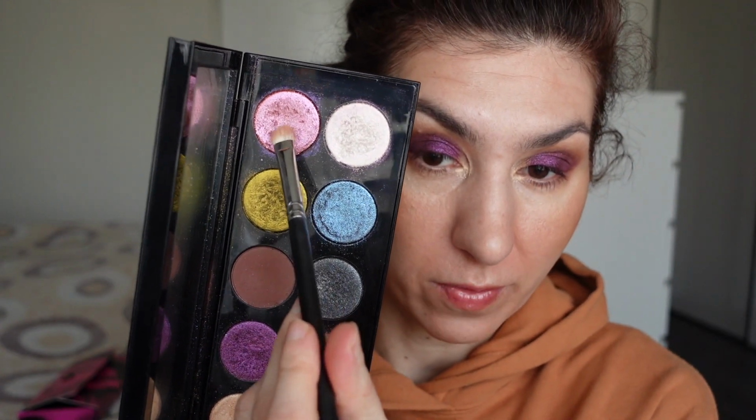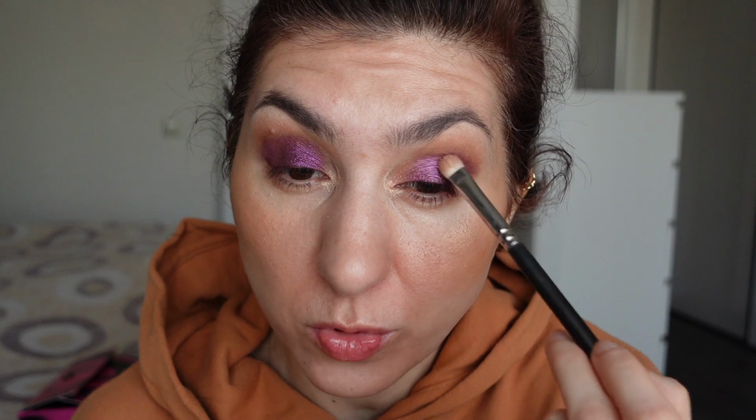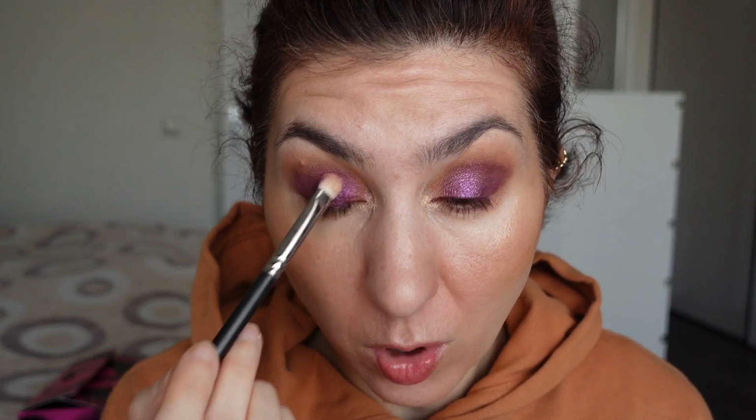So now I'm going to use the same brush and dip into this beautiful shade here. This is the shade VR Pink, and I'm going to basically take VR Pink all over my inner corners here, as well as over top of Night Creature, because it will give Night Creature a beautiful, sort of golden duochrome and some extra magenta pink sparkles. It will just make it even a bit more vibrant, because on its own Night Creature is a somewhat deeper shade, but with VR Pink over top it just